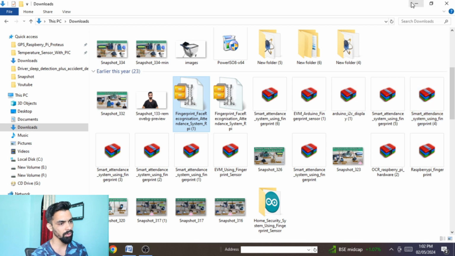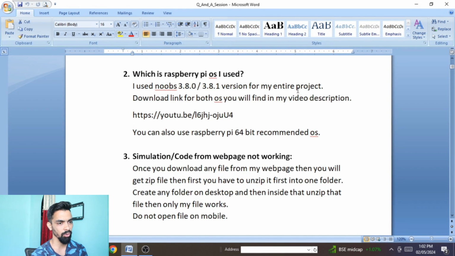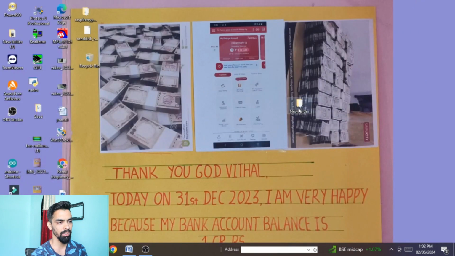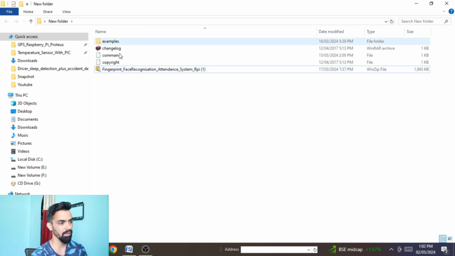All the students are making the same mistake: downloading the file into the Downloads folder and not extracting it into a new folder. So I request you to avoid this error, where the shape predictor file or any file is not opening. First create a new folder on your desktop, then copy my zip file into that folder, and then extract it. Then only will the project work.